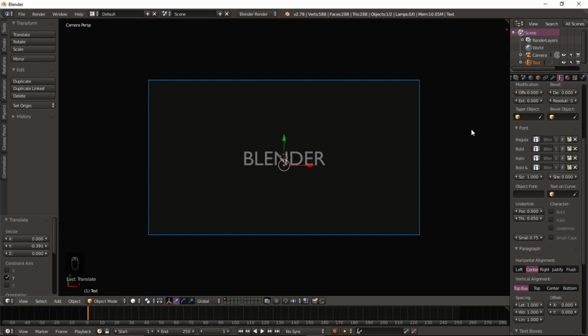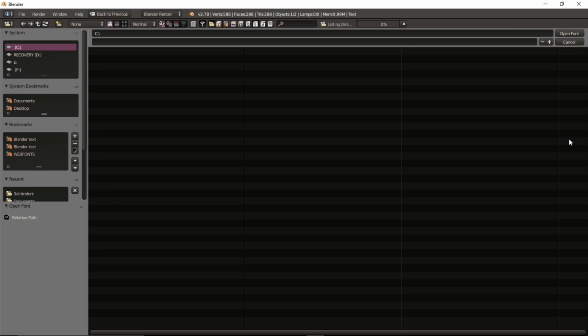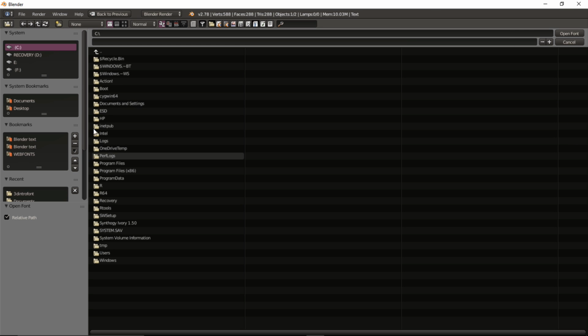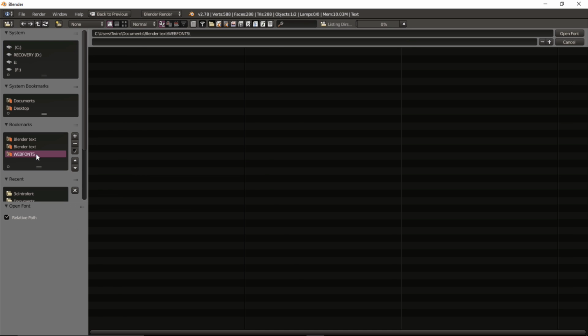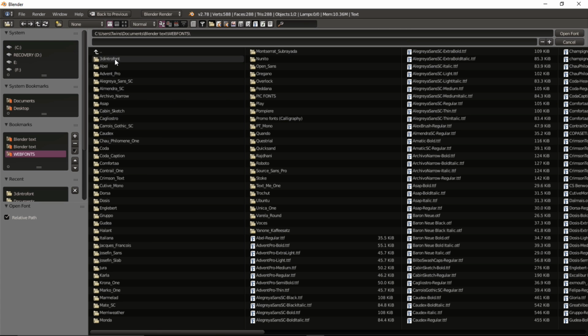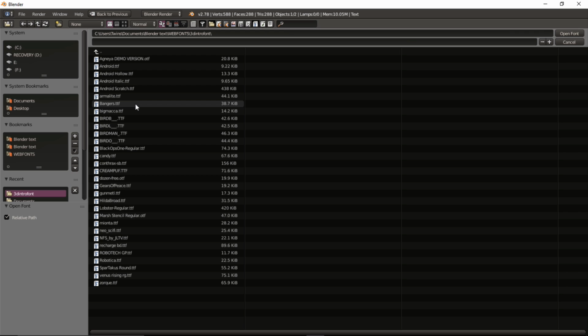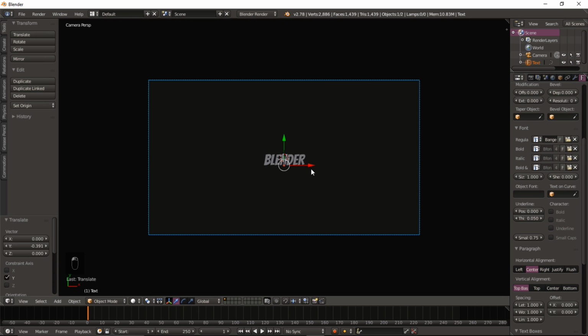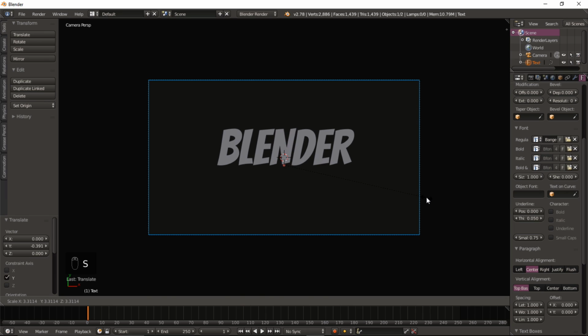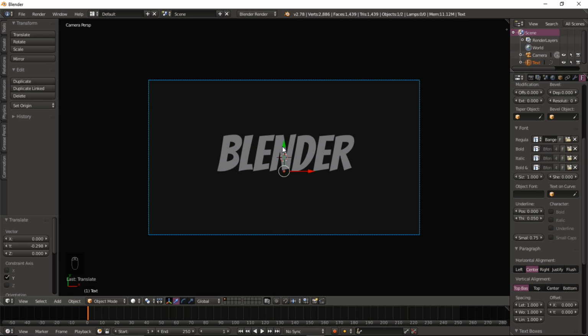So you want to have that download on your computer, and then you want to direct Blender to wherever that file is located on your computer after you click this folder here. So just click this folder, just look for wherever you put your fonts on your computer. So we put our fonts in web fonts, and we'll just click Bangers. Just double click on that and it'll load it up, and type S and move your cursor out to size the text up, left click, and left click on the screen arrow, drag our text down,